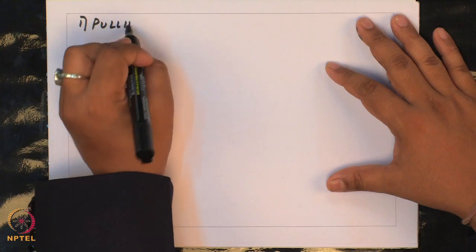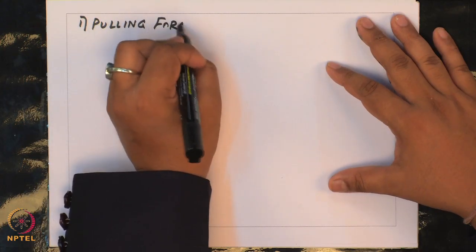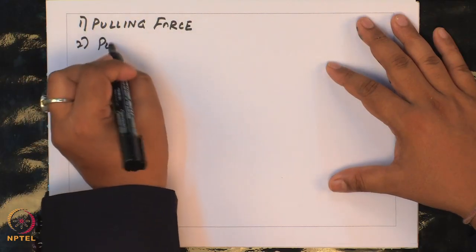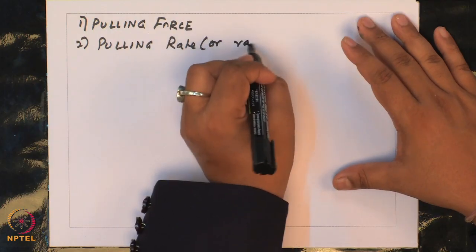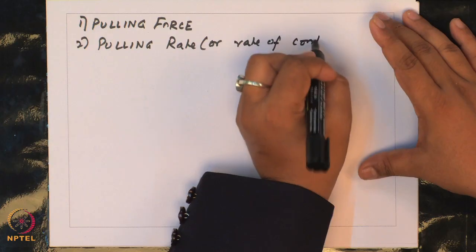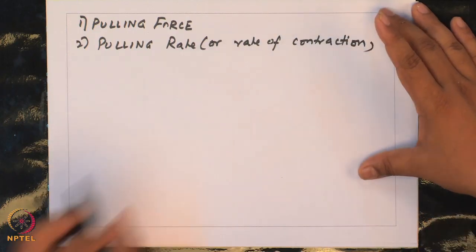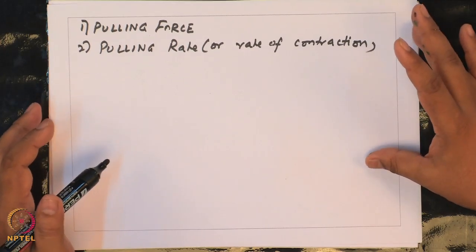The next question is the rate of pulling. So, in addition to pulling, one is pulling force, second is pulling rate or rate of contraction. What would you expect to see, some differences between two cell types which exert pulling forces at completely different rates, and the answer to that is indeed yes. So, one way of designing that experiment would be,